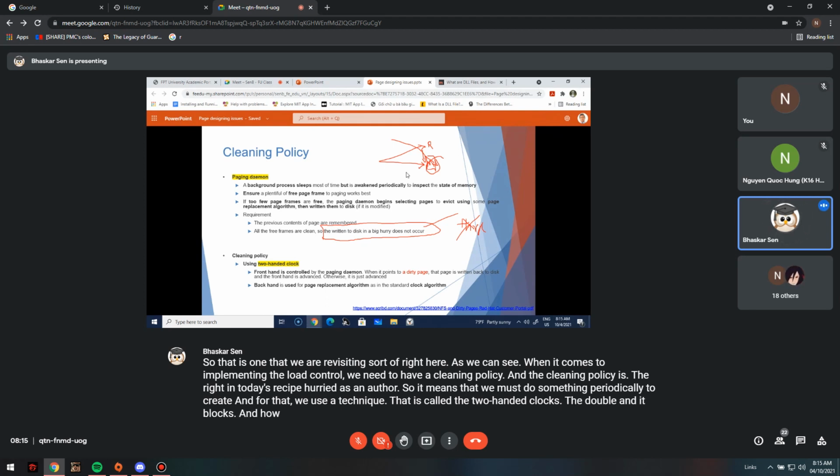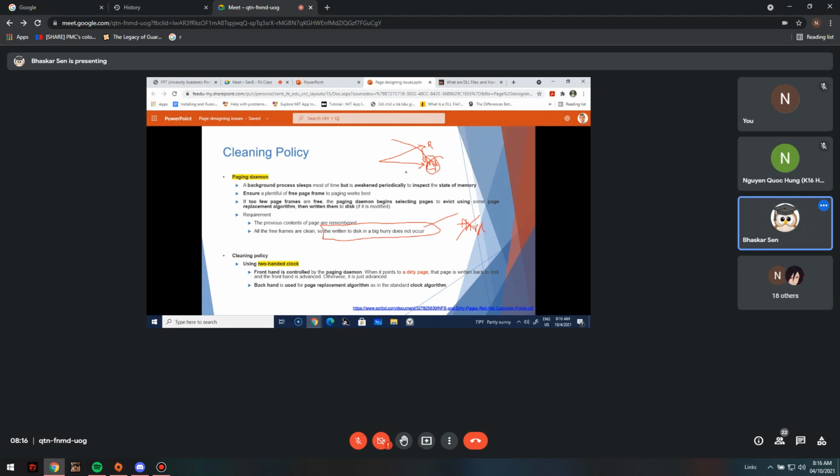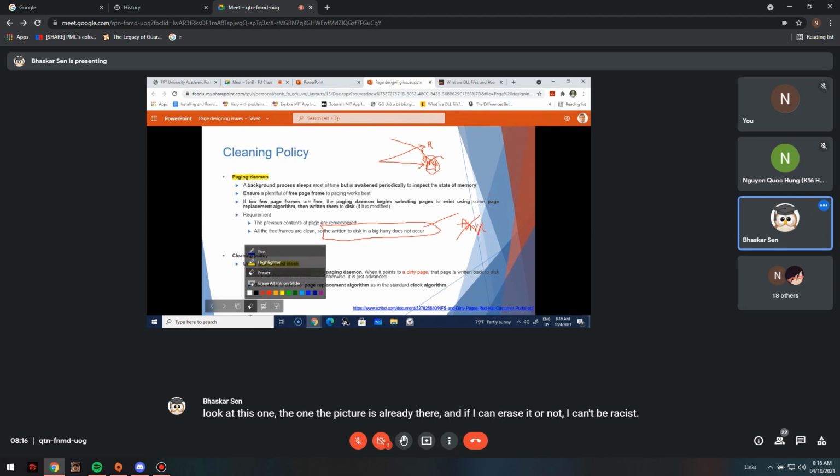And how do we use the double-handed clocks? We use the double-handed clocks in a very strategic way. Look at this one, the picture is already there, and can I erase it or not? No, it can't be erased. So the way it works is,